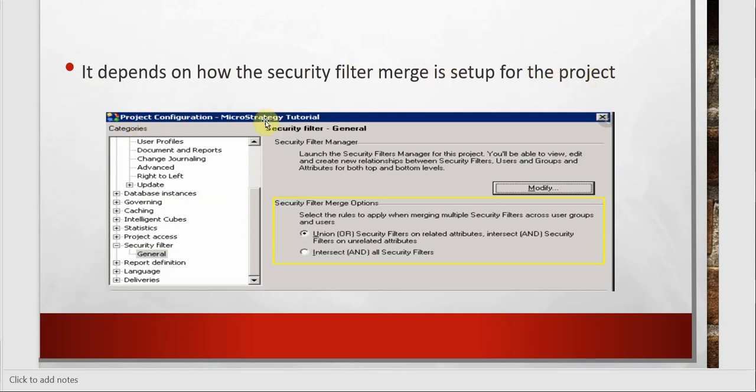If we go to the project configuration of a project, and there we go to security filter, here we can see the security filter merge has two options. Union the security filters if they are related attributes and intersect them if they are unrelated. This is the default one which is checked by default. And second is intersect all the security filters. So based on what your admin has selected, the security filters will be applied.